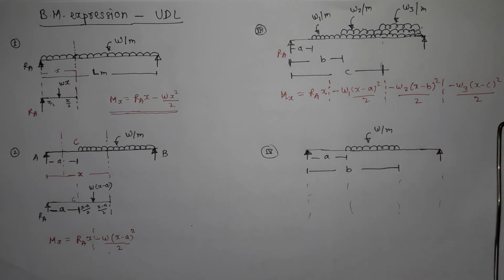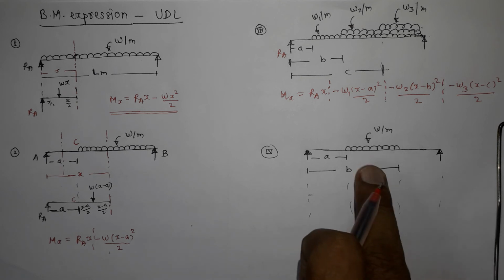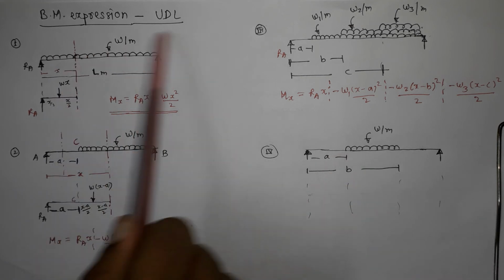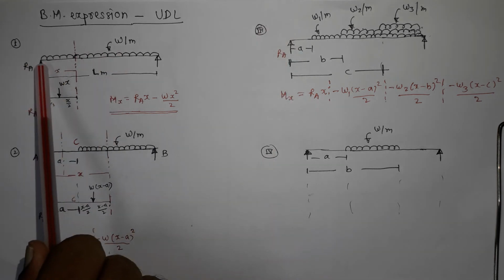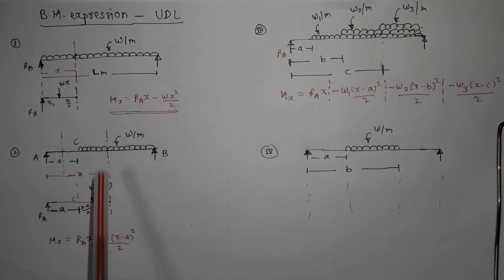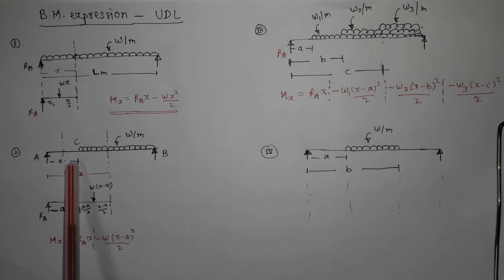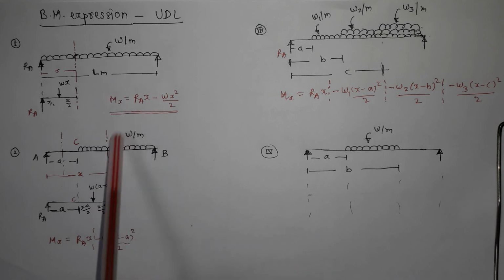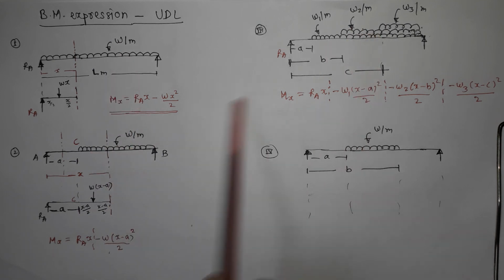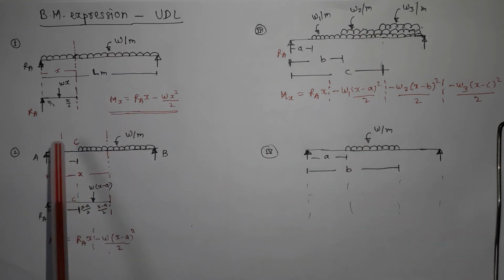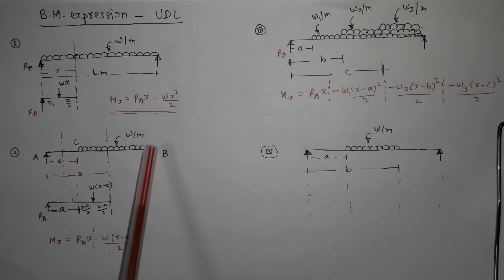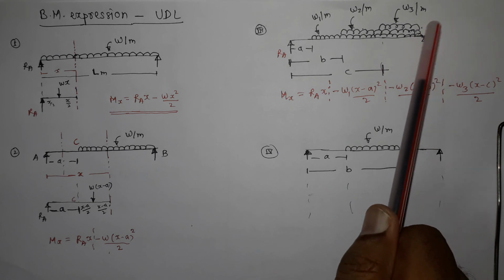So this is how the expression for bending moment can be written. Now there is this fourth case. If you observe these cases, in this one and this case, the UDL is starting from the left end. Here the UDL is not starting from the left end, it can start from anywhere. But the common thing in these three types of loads is that the point from where they are starting may be different, but the point at which the UDLs are ending is always the right end.